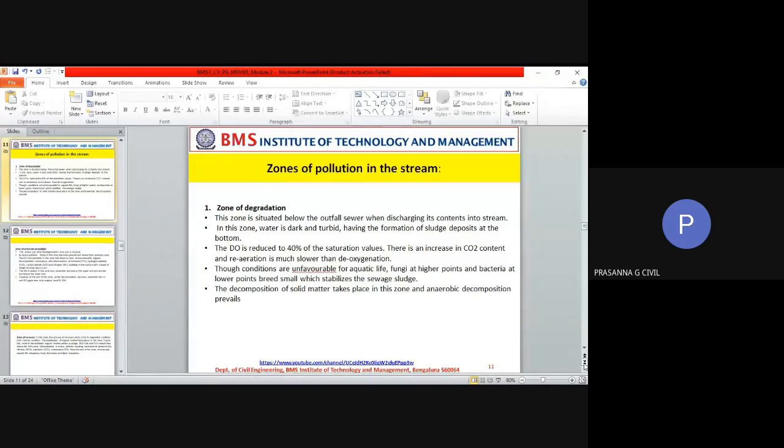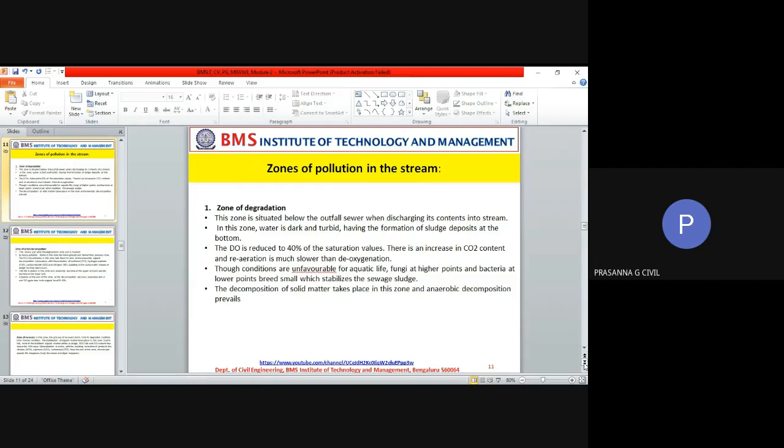Some distance from that, the zone will be called the zone of active decomposition, because in that area the organisms will be constantly eating into the organics that are present. Some distance from that, you will have the zone of recovery. This could be kilometers away, or meters away, depending on all the other factors that we talked about earlier. And after that, you will see the clear water zone, where the river or stream has come back to its original form.